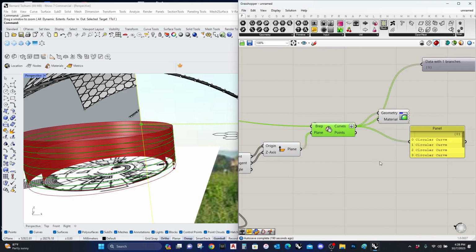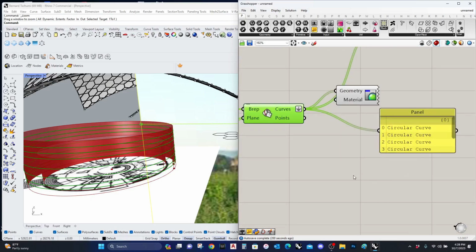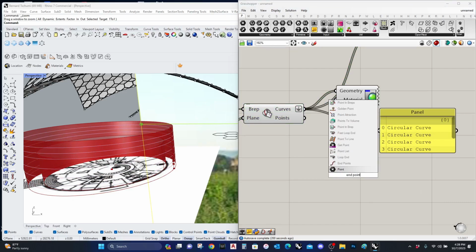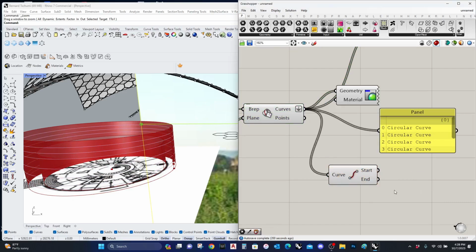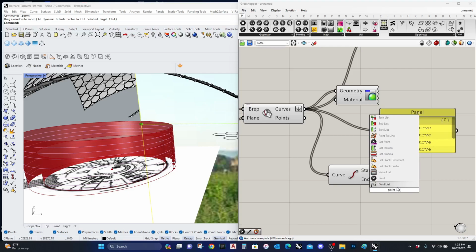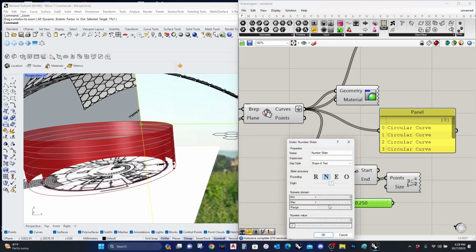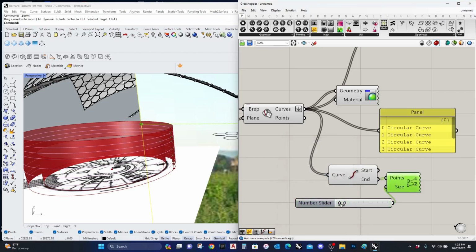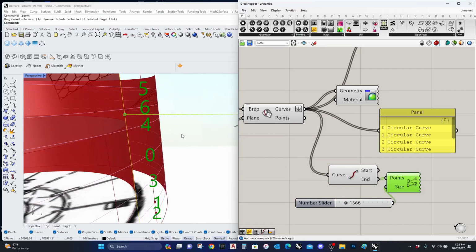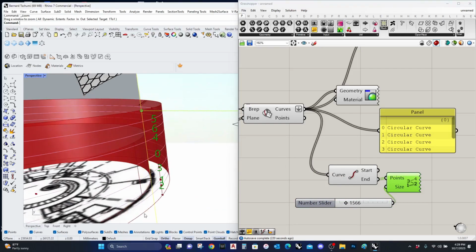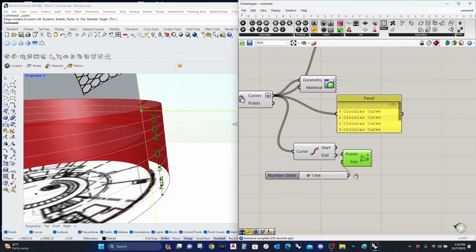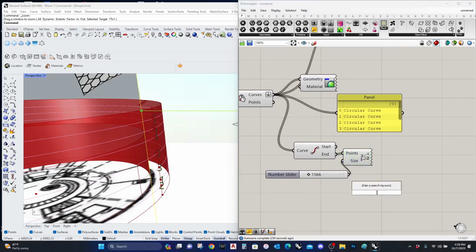So now these curves are all randomized. So I need to sort them out. So let me get the endpoints. I'll get my point list to see what my numbers are. My slider. Okay, so you can see because I'm using the graph mapper, my curves are sort of randomizing on the surface. So I have to sort these out because this will make it easier for me to